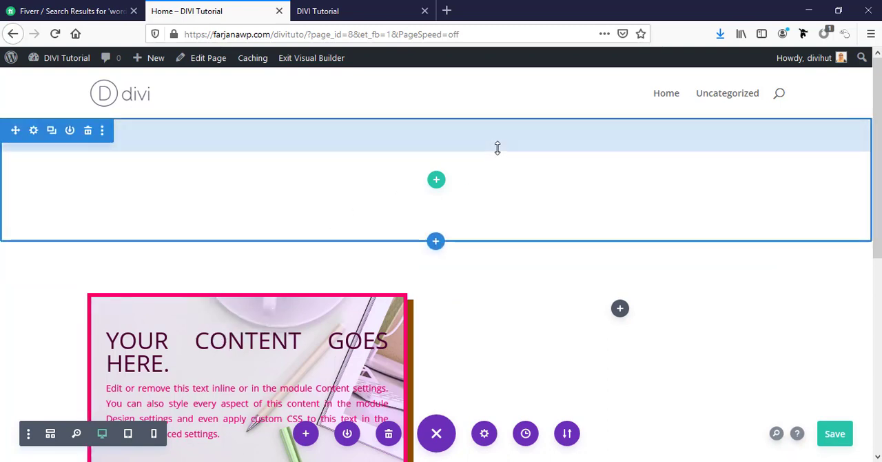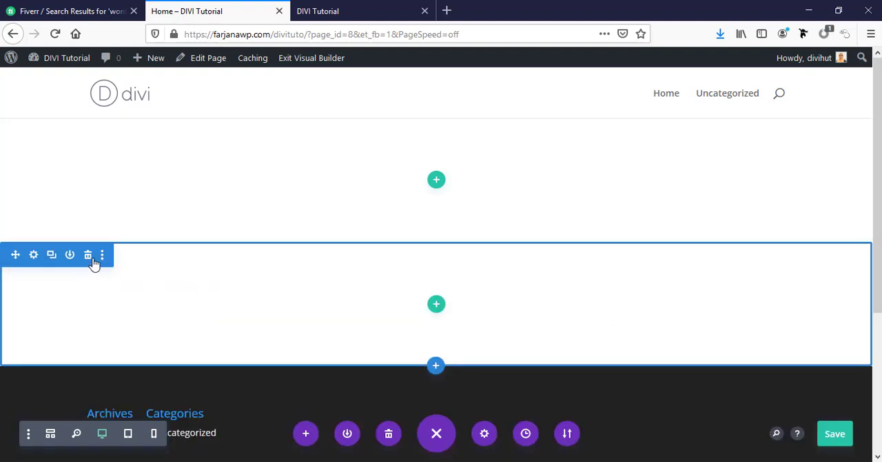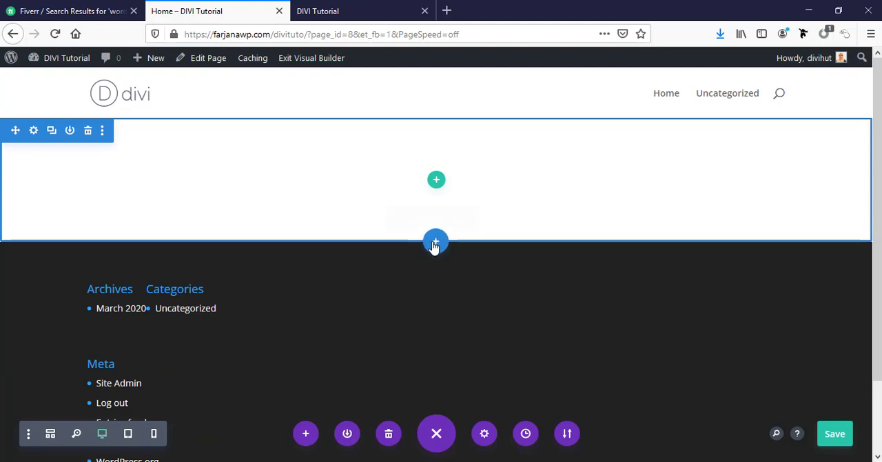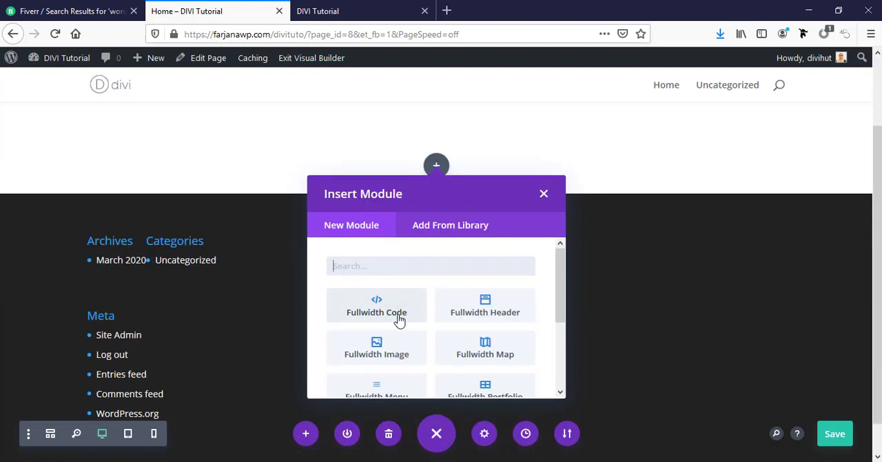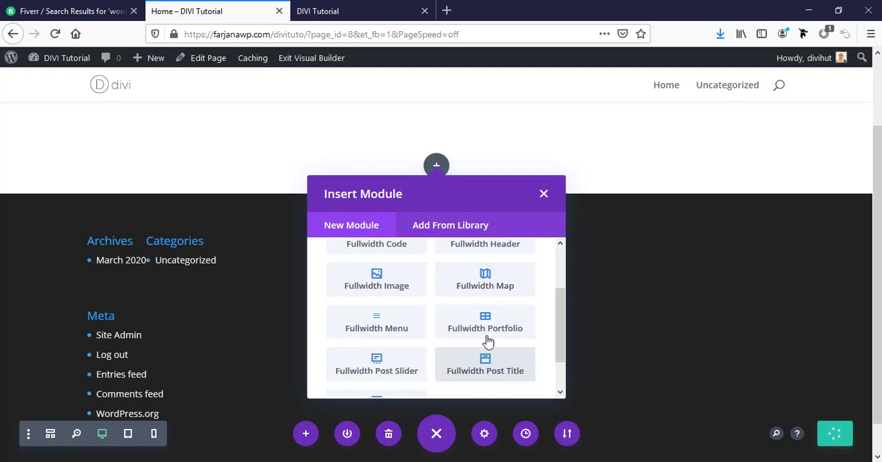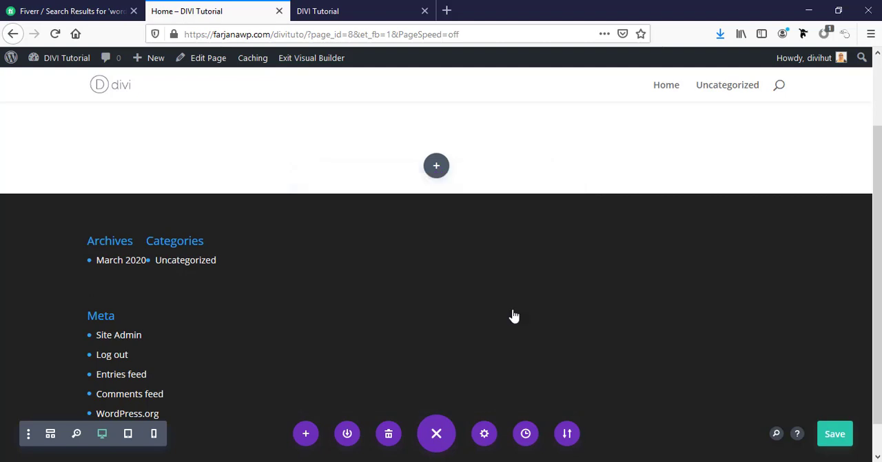Now I'm going to make a basic page layout from scratch, so it will help us understand more how this page layout works. And now I'm going to delete all of this which I did. And here I'm taking a new section for the top area. I'm taking a full width, and here are several modules for full width. We can take full width code, full width header, full width image, full width map, full width portfolio, menu, post slider, post title, full width slider. So here I'm taking full width header